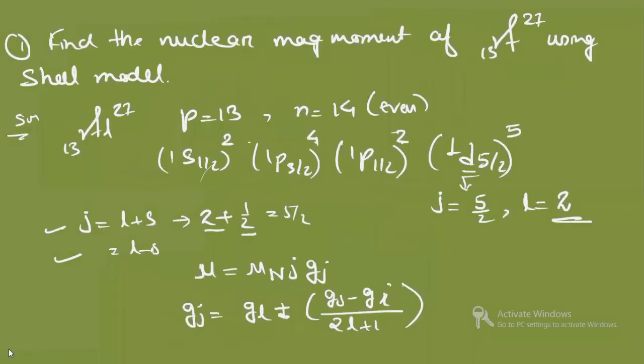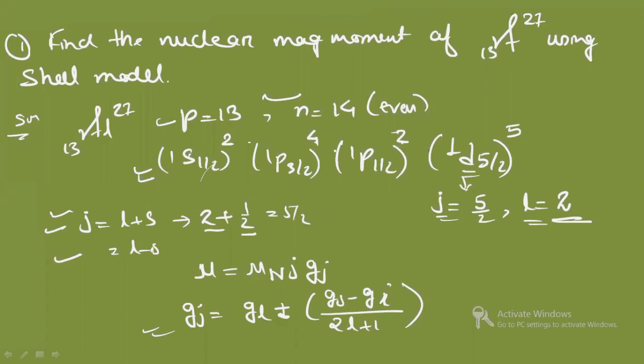Once again, let's see how we have calculated. First, we have seen the proton number, then the neutron number. We have seen which is odd. For that, we have written the energy levels. We have filled them and then observed the value of J for the unpaired one. What is the value of L? Then we have seen J is equals to L plus S or L minus S. On the basis of that, we have found the nuclear Lande g-factor. Then that value we have substituted in the formula, and we got our answer.